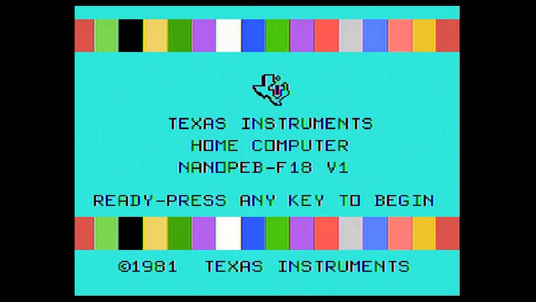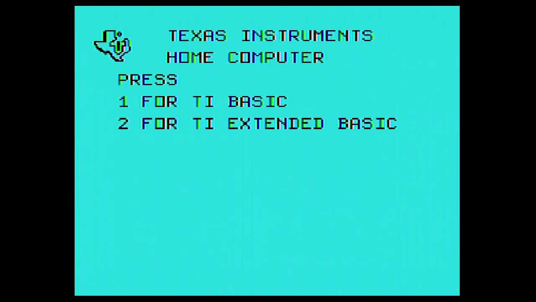I am at the title screen of the Texas Instruments home computer, and on the expansion I have a NanoPEB, which is a CF card reader, and allows me to emulate the peripheral expansion device. And I'm going to now get into BASIC, and first thing I need to do is I need to mount,